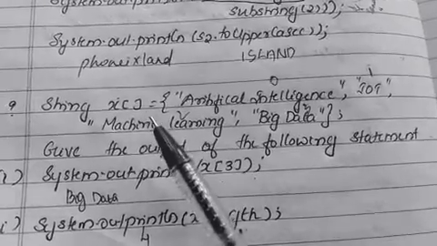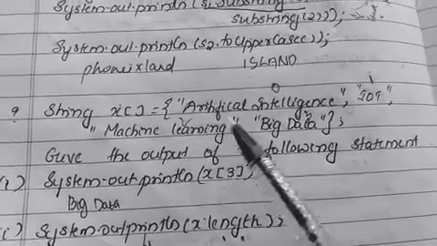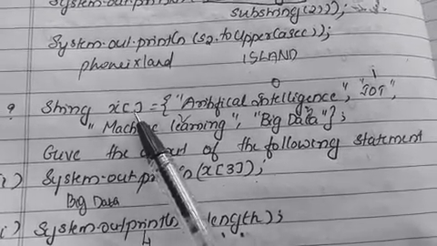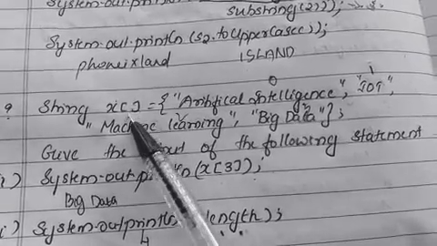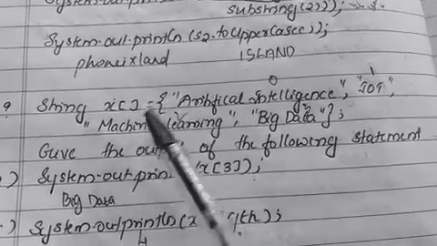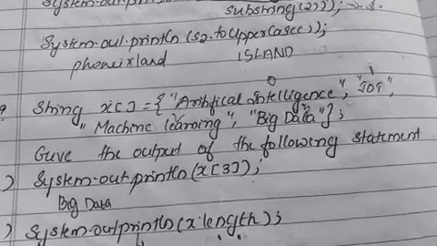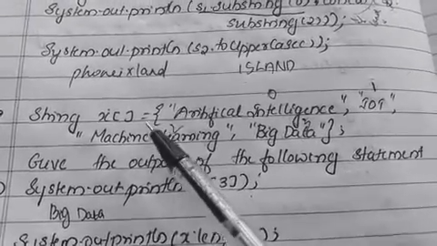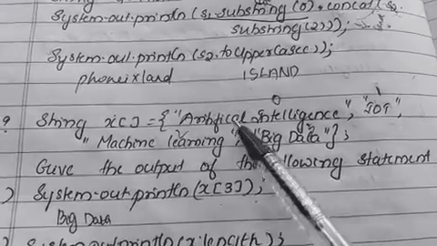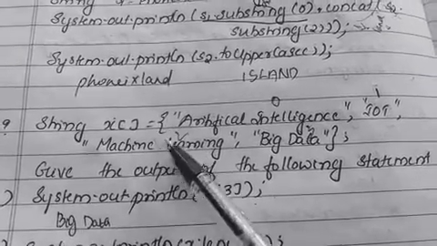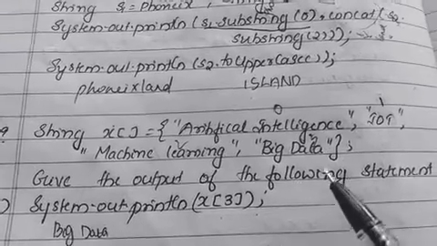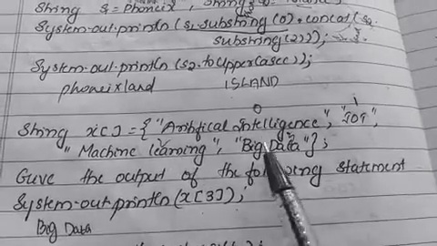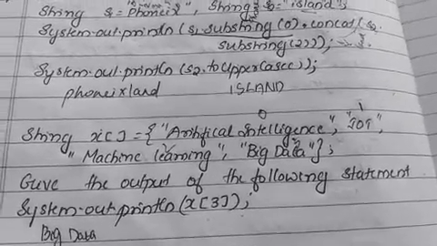So next one is String x equal artificial intelligence, IoT, machine language, big data. Here you can see that String x is an array. It's a single dimension array. With this symbol we can identify it's an array. We have directly passed the values by using the curly brace. Since it is a string, each value is enclosed in double quotes and the values are separated by comma. At the beginning of the value declaration we have used the curly brace, and after the values we have closed that curly brace and put the semicolon. The values are artificial intelligence, IoT, machine language, and big data. There are 4 elements in this array x.